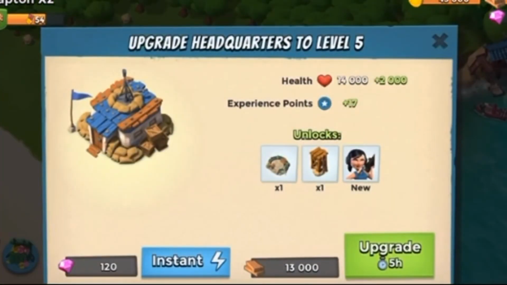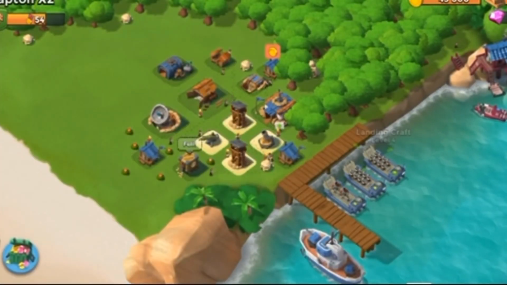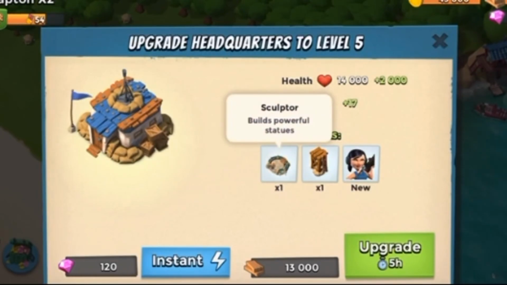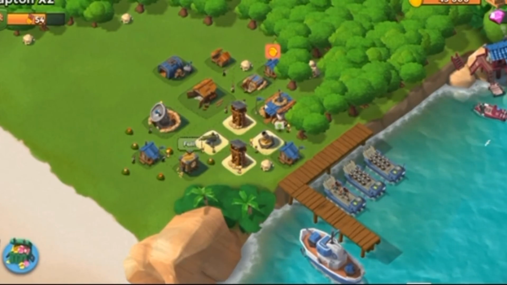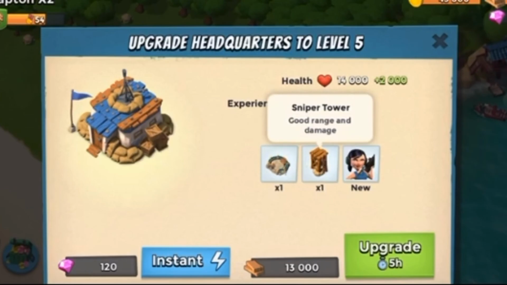And the next one we will unlock bazookas, which are really good. They have long range and do a lot of damage, and they can sit behind the heavies. They're basically going to replace the riflemen and be better than the riflemen. We'll unlock the sculptor, which is also pretty unique. It allows us to build things that'll boost our resources or boost our troops. And then we'll unlock another sniper tower. So yeah,